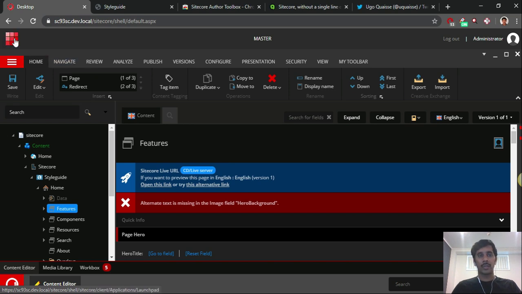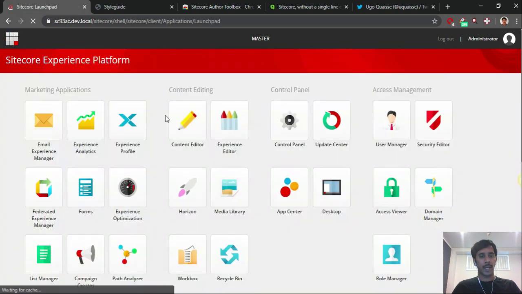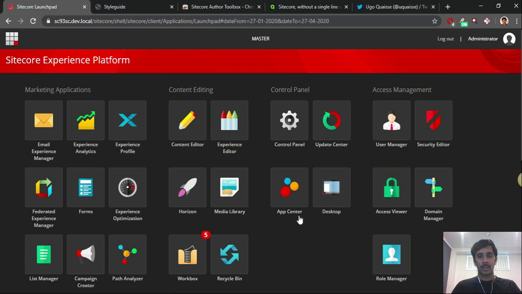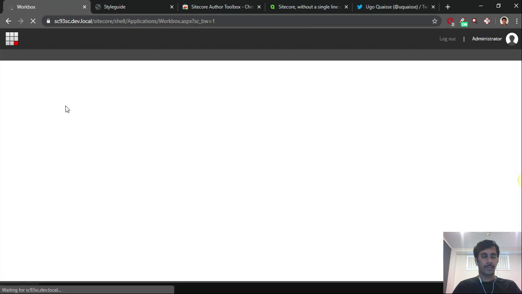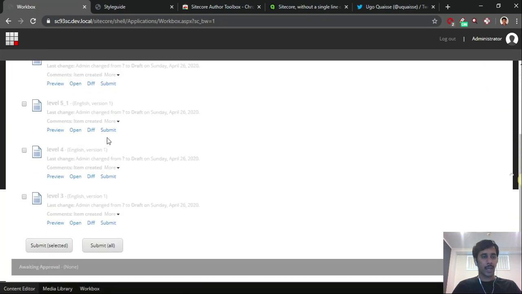And second is, let's get back, Workbox. If you notice here, in Workbox there is a notification count of 5, which is a summary of how many notifications are in my account. If I click on Workbox, you would see there are 5 draft items pending.